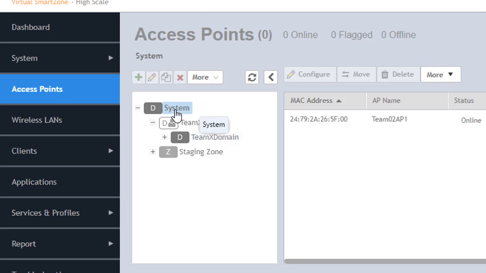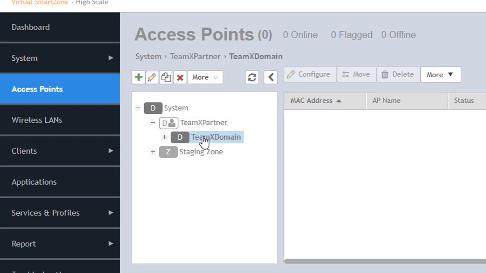As you can see here, the system domain is the one that's highlighted. It means that as a partner admin with only partner domain administrative capabilities, I have no ability to make any configuration changes under this domain. I have to select the domain I'm logged in as an administrator, and once I do that,